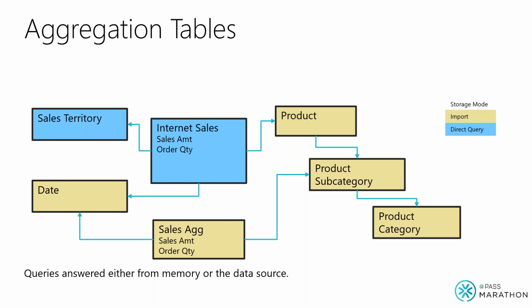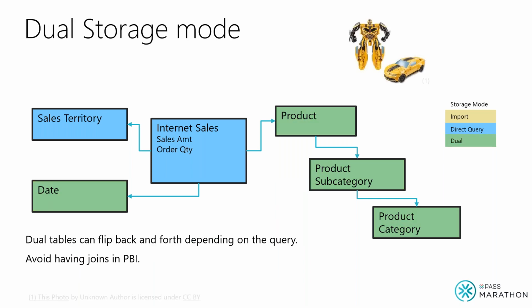So the issue here is, at this point, this will end up with a join in Power BI because the detail table is in SQL, and the product table is in Power BI Desktop. Power BI has to get the results from SQL Server, bring it into memory, and do a join in memory. This join would have been a lot faster if the product table were in direct query. So it's almost as if we want it to be sometimes in direct query, sometimes in memory. And that brings us to the dual storage mode, which is exactly what we needed.